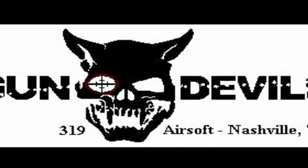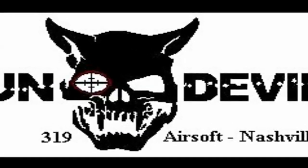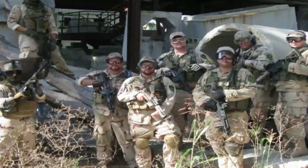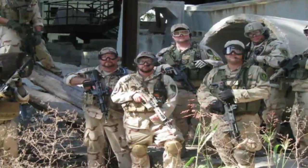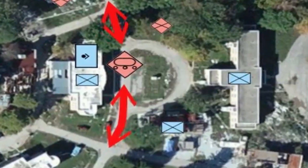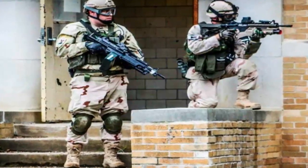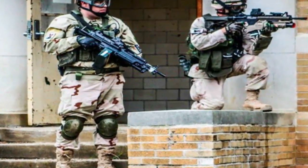My team, the Gun Devils, as a squad in Charlie, first encountered the Delta's tank when we were defending Building 7. The tank kept circling around the building and forcing everyone to keep his head down. I was ordered to fire at the tank when it passed the doorway. When it came closer, I was met with a hail of BBs from the tank, so I quickly ducked deeper